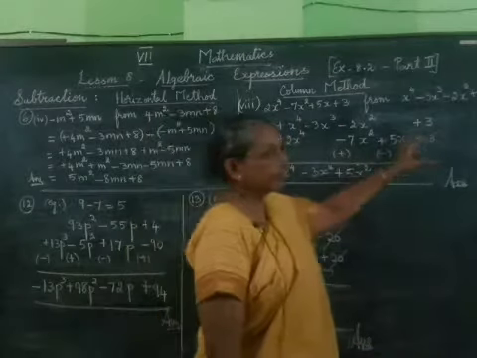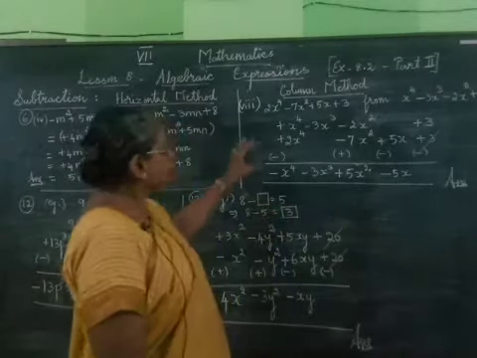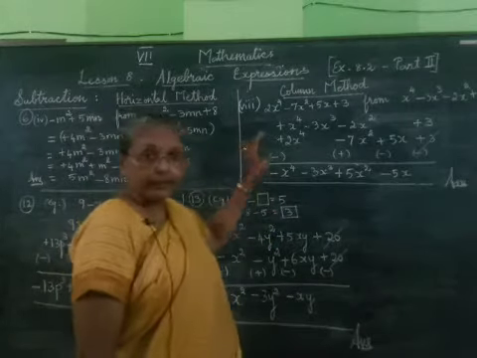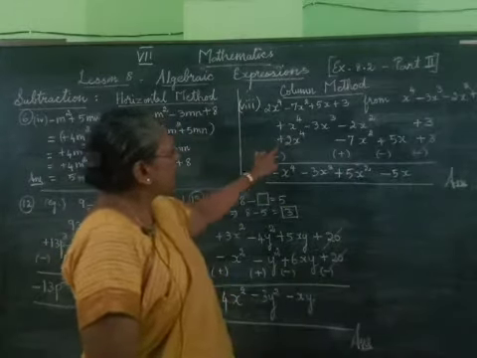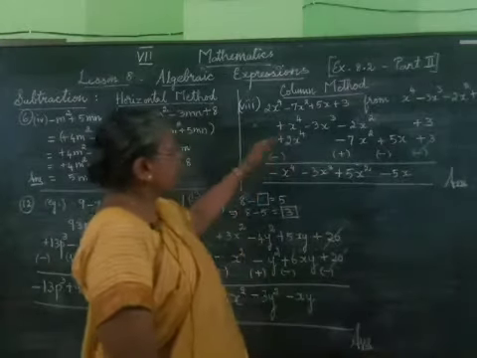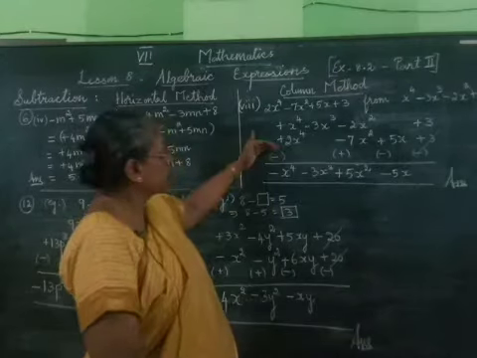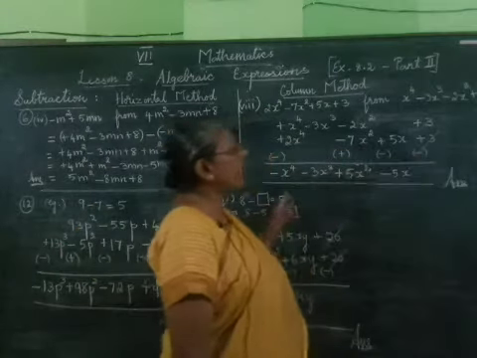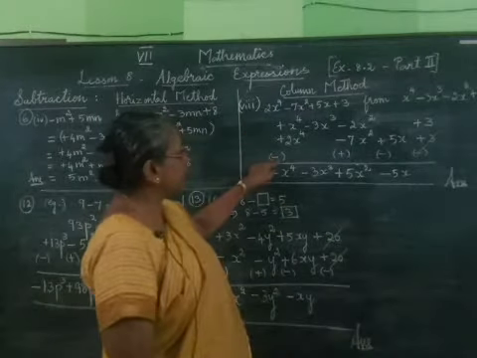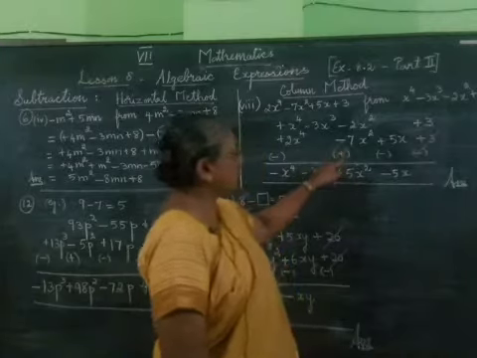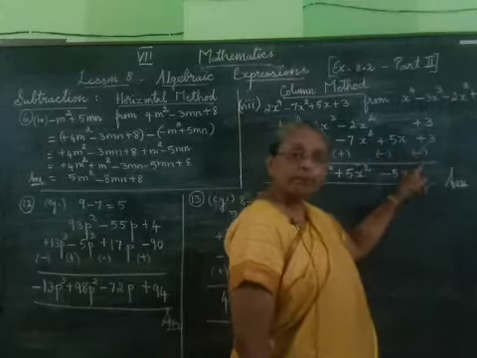Then after writing this, till here it is just like how we did for addition, but now in subtraction we should not forget this main step. We have to change the sign for every term of the expression which we have written in the second line. That is the second expression. Whatever we have written here, we have to change the sign of each term. So this plus will become minus. Here there is no term. Here this minus will become plus. Here plus will become minus, and here plus will become minus.